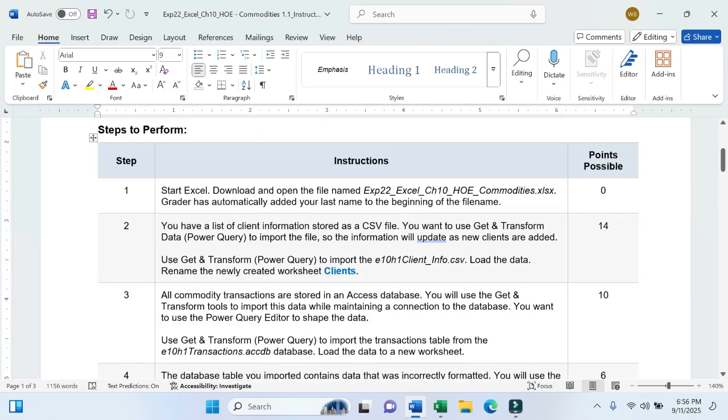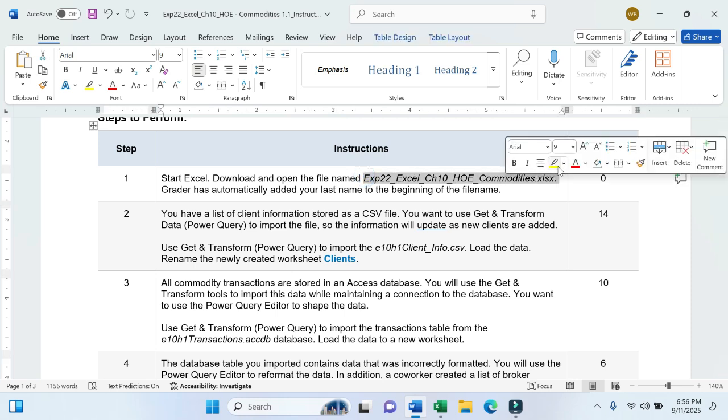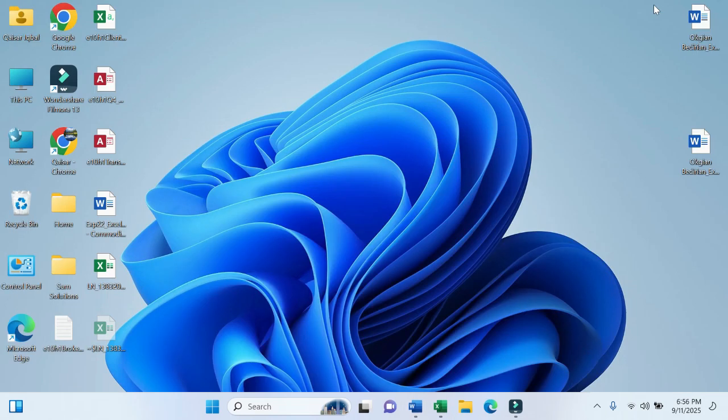It is saying that you have to start Excel, download and open the file named Exp22 Excel chapter 10 Commodities. I already have downloaded it, and Creator has automatically added your last name to the beginning of the file name. There we go. This is the main file, and I will show you the other support files that you need while doing this project. This is the one,